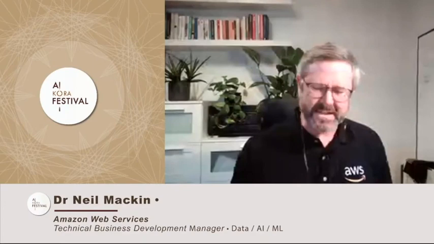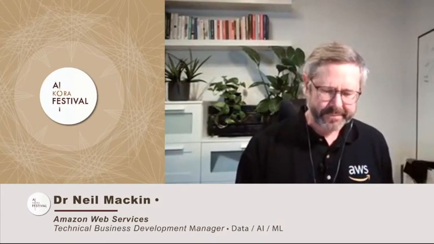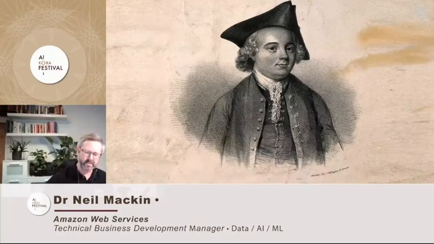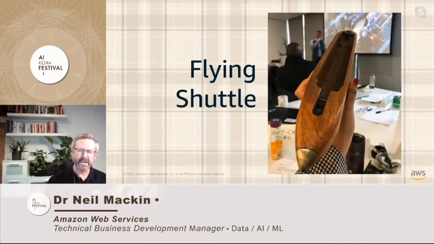So I wanted to talk about artificial intelligence, and I wanted to give a bit of a historical perspective to begin with. I want to start with one of my heroes, John Kay, who was born a long time ago in 1704 in a little village called Walmsley, just up the road from Bury, where I grew up. And maybe that's one of the reasons I'm quite so keen on him. But he was an inventor, and he invented the flying shuttle, which is this device that I happen to have a beautiful one of in my hand.